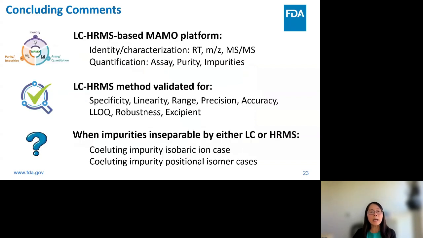So in summary, today I have discussed with you a fit-for-purpose analytical platform, which is an LC HRMS-based multi-attribute method designed to facilitate identity, assay, purity, and impurity analysis of synthetic oligonucleotides using a single analytical platform. We have validated the central LC HRMS following regulatory guidances. We have also dedicated significant